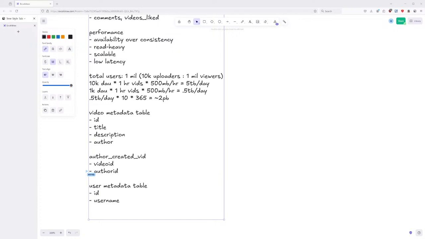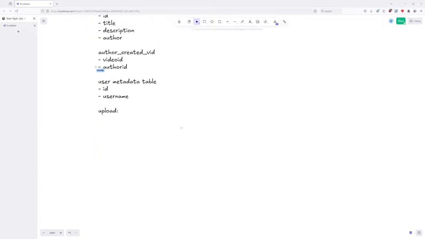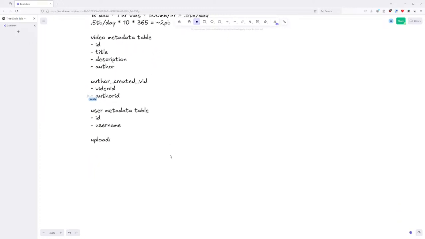Can I do the API design? Yeah, let's do the API. So I said we're going to focus on upload and streaming. For upload, I'm thinking using a POST request, so it will look like the API version and then video.